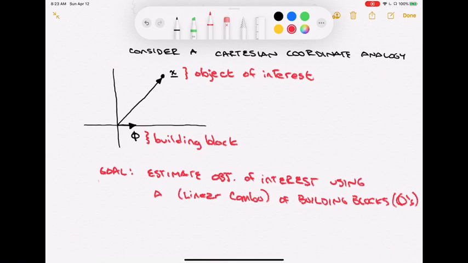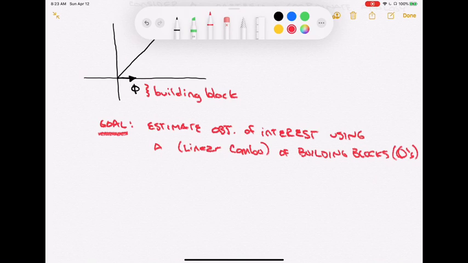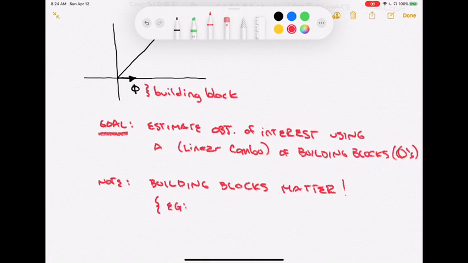So our goal back here again is to estimate an object of interest using a linear combination of building blocks. I'm going to add something, then we'll go back up to the thing. I'm just going to note: the building blocks matter. It's a little outside the scope of our class to spend too much on this, but we will spend a bit of it. So I'm just going to put down here my analogy, as an example, think of